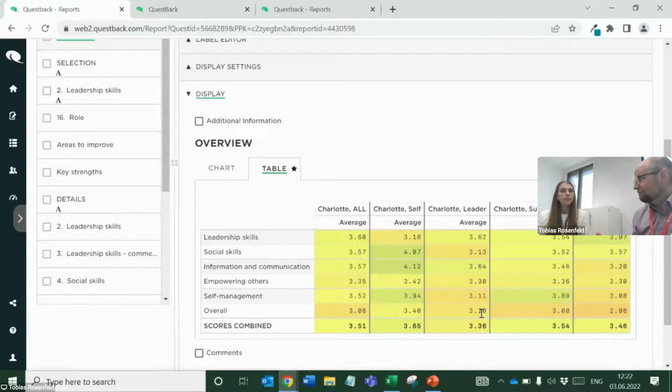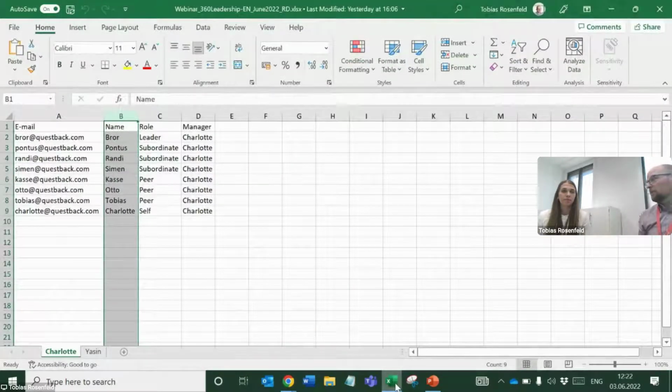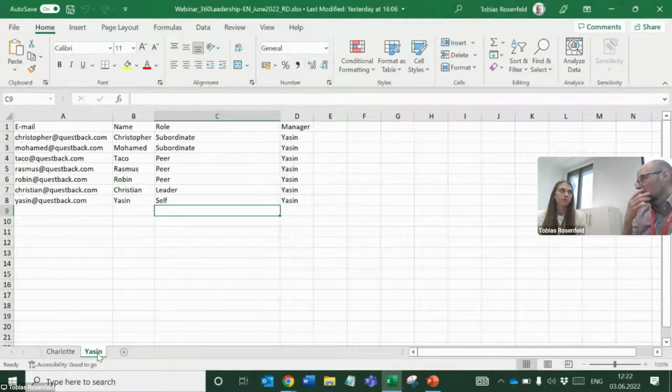So far, so good. Okay, let's get a bit more advanced then. Obviously, every company probably has more than one leader. And here in the Oslo office, we have a couple of leaders, and Charlotte is one of them, and Yasin is another one. And obviously, to get the most out of Essentials and out of your 360 work here,